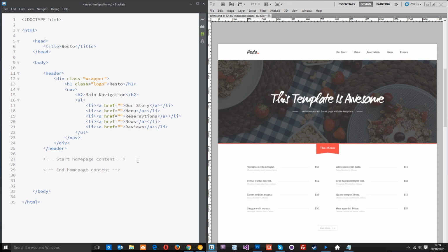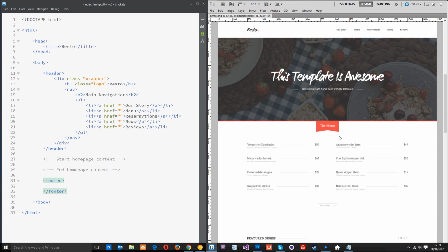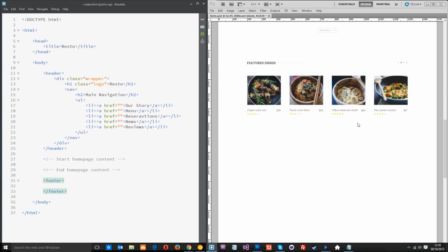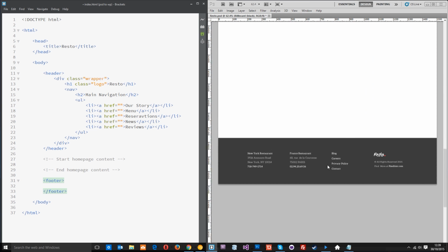But for now, I just want to move on to the footer, which is down here at the bottom. And essentially, this footer just has 4 columns in it. So we're just going to use 4 UL tags to do those. But before we do that, I again want to create that div with the class of wrapper, just to keep all the content central within this column, from here to here. So we've done that, and then we need to create our UL tags,